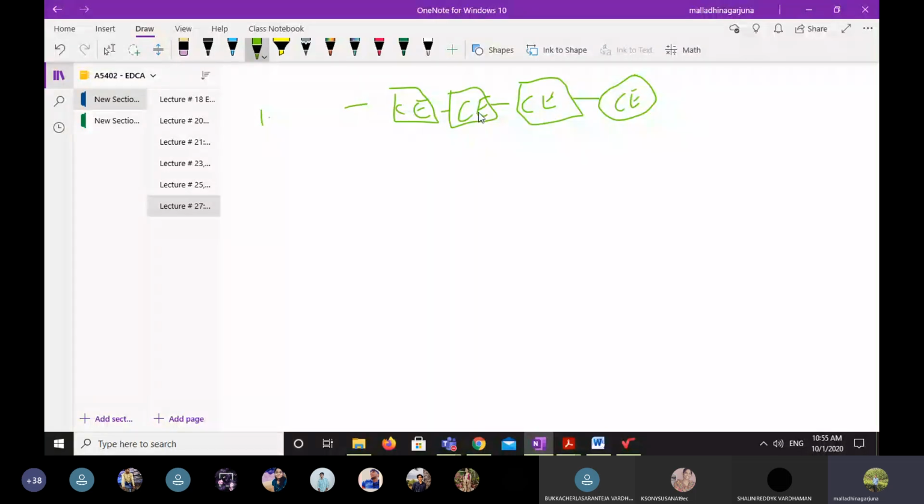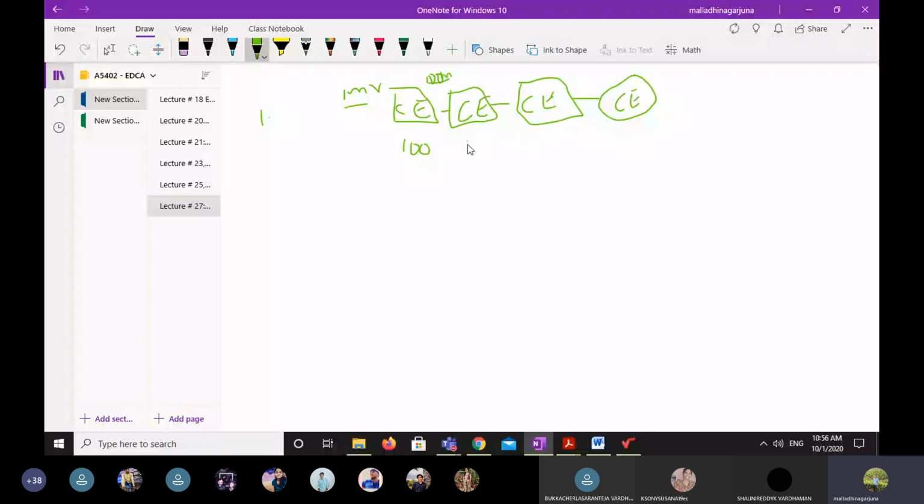So you are giving 1 millivolt as the input signal here. It will be amplified and it will give, let us say, 100 millivolts. That 100 millivolts is the output of the first stage, and at the same time the input of the second stage. Is it clear? The first stage amplifier is amplifying 100 times the input signal, so 100 into my input signal of 1 millivolt, and the output is 100 millivolts. This 100 millivolts is the output of the first stage and at the same time acts as the input for the second stage. Again, I'm giving this 100 millivolts to the second stage.